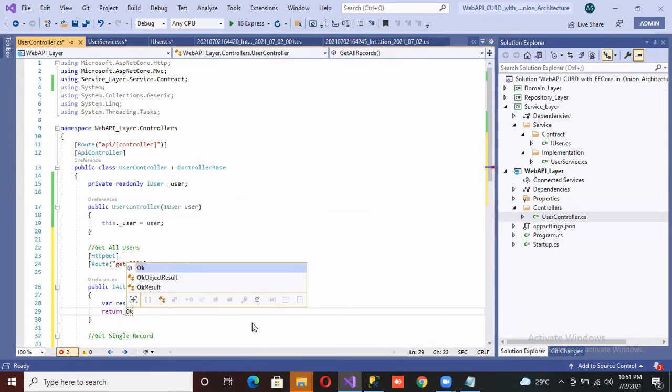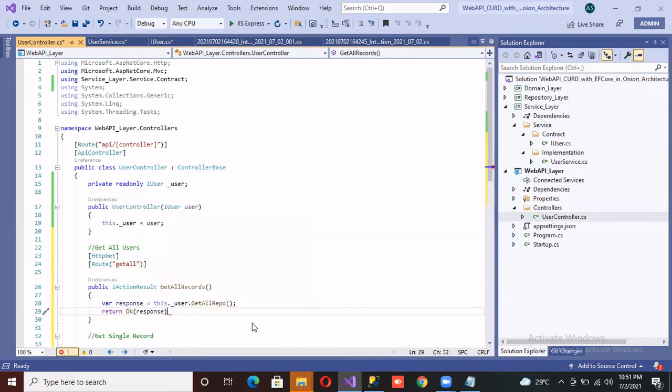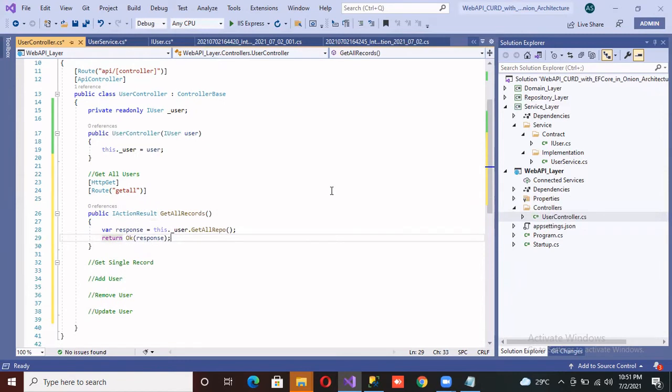Okay, this is an IAction method, so we have to give this response like this. Okay, so this is the controller to achieve the method. So once the user clicks, this API will call this get all user interface. Using that get all user interface, it will redirect to the logic, and then it will redirect to the database and get the data and give the response, and this response is reflected on the user's screen.